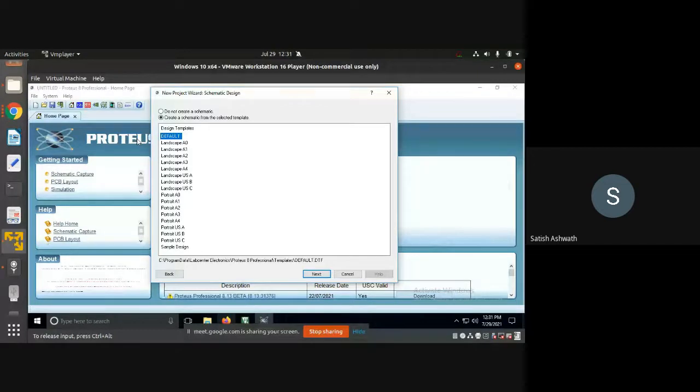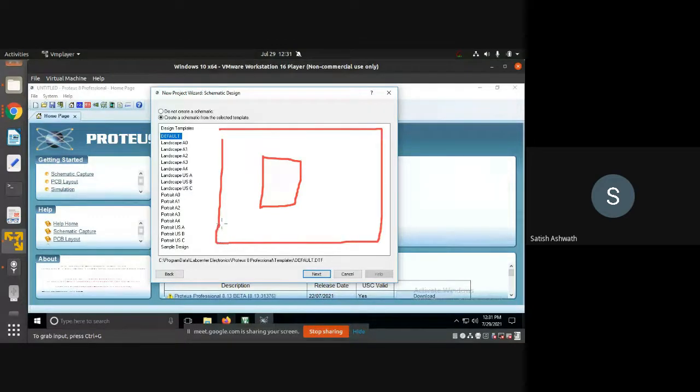Basically, if you have ever worked on a printed circuit board, the PCB comes in different sizes, right? So you can have a small PCB, big PCB, depending on how many components you want to place. So you can have a PCB of this size, small enough just to fit in my hand. I can have a PCB of this big size, depending on the hardware that I'm going to build. Right? So this question is basically asking how big is your PCB where we are going to place the components.